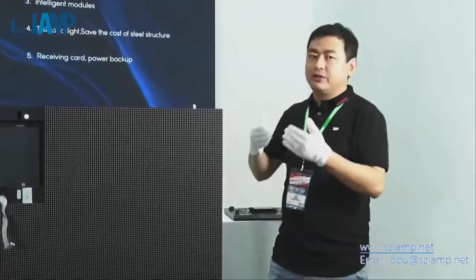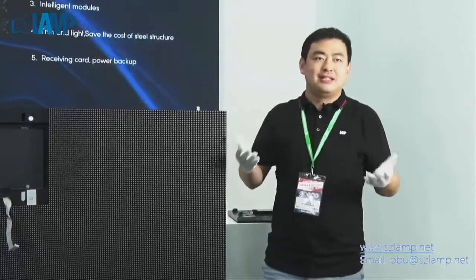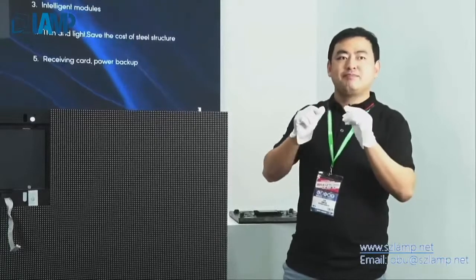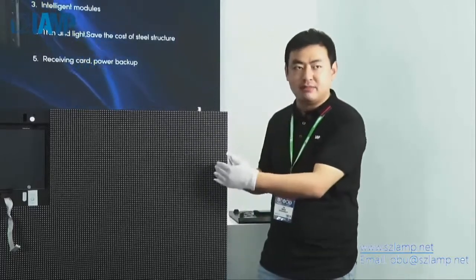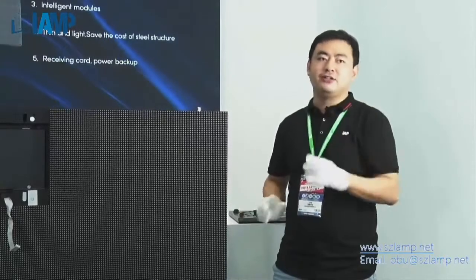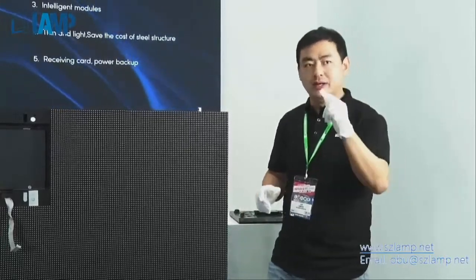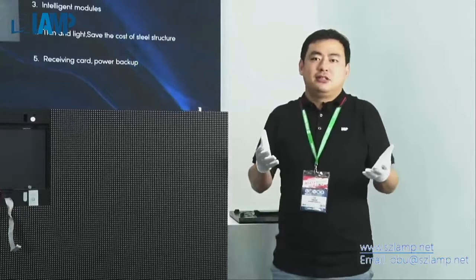Normally if the screen reaches 10,000 nits, the power consumption will be really terrible, at least like 800 watts per square meter. To save the cost for our client, we use a special technology to design the PCB. So for this product, we can reach 500 watts per square meter when you run it at 100%, that means 10,000 nits. So that means it can save almost